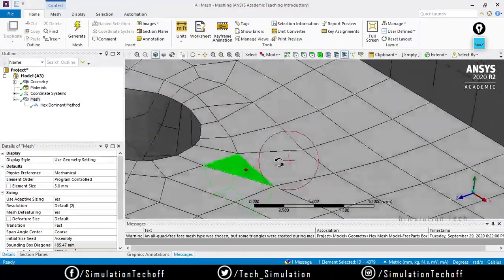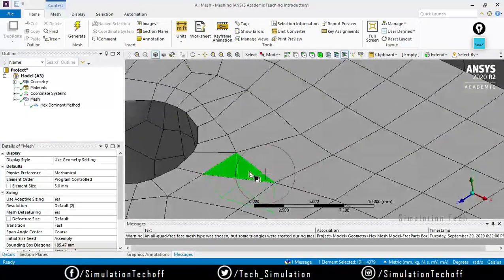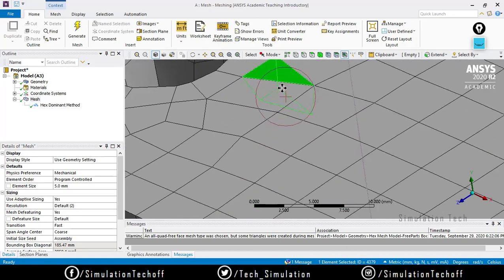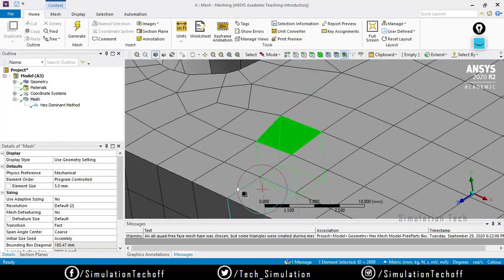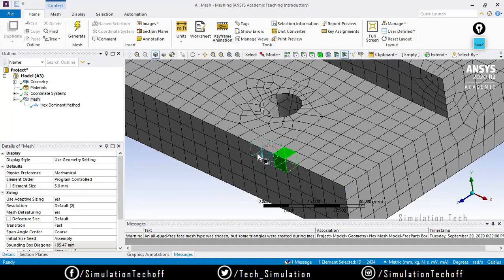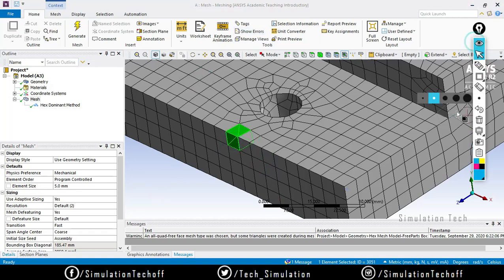So this is a prism element. What happened here is this triangle is extruded in the perpendicular direction, so sometimes it may create a prism element also. Prism means this: even if you have quad elements in the perpendicular direction, there will be one node connecting these points. This is called a prism element. Right now we only have the brick element, that is a hex element.